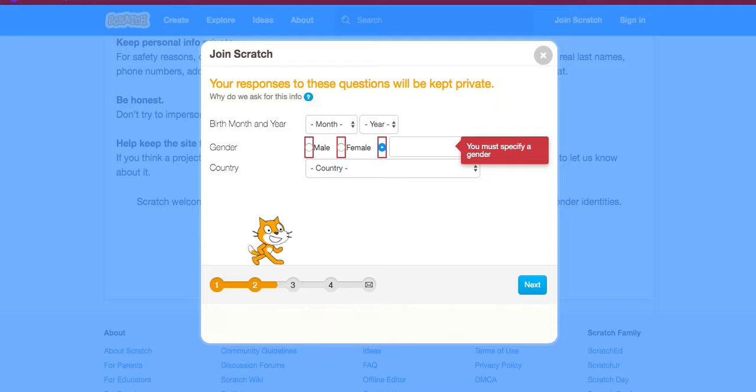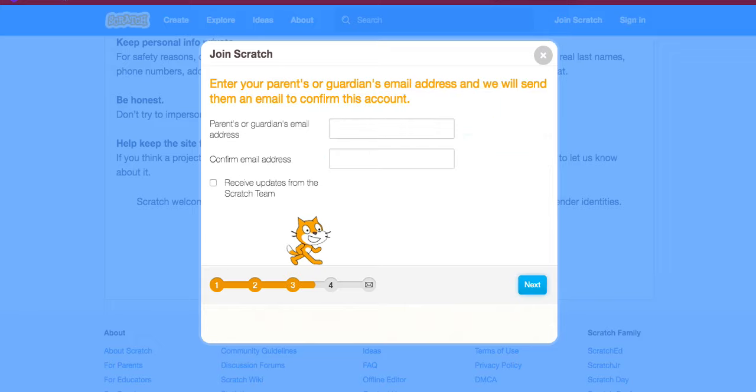I mean, I'm going to pause this step so you won't see my real info. Sorry about that, guys. Once you fill out your date of birth, what gender you are, and the country you live in,